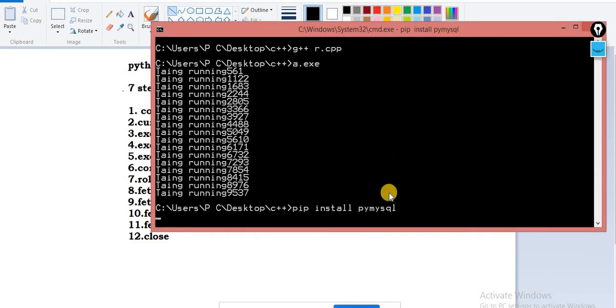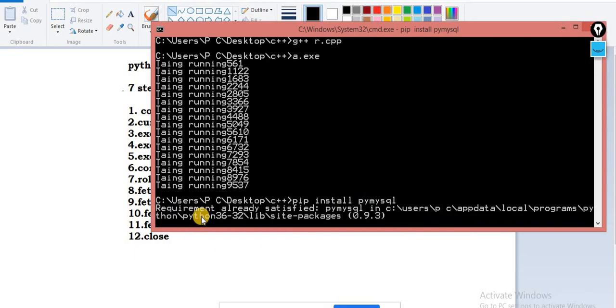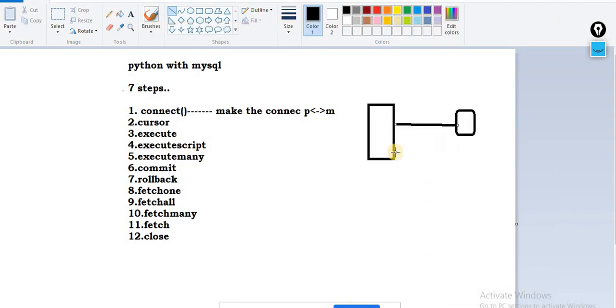This module is already available in my Python, so it will say the requirement is already satisfied. But if you don't have it, it will take some time to install the PyMySQL module. So the first step is important: you have to make a connection. Until you make a connection, things will not happen. The first and foremost concept.